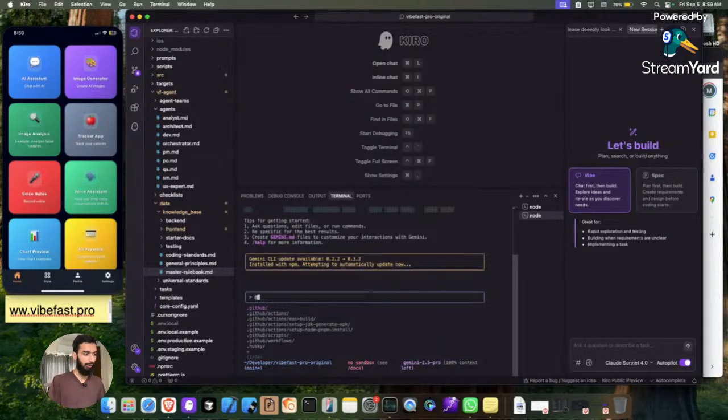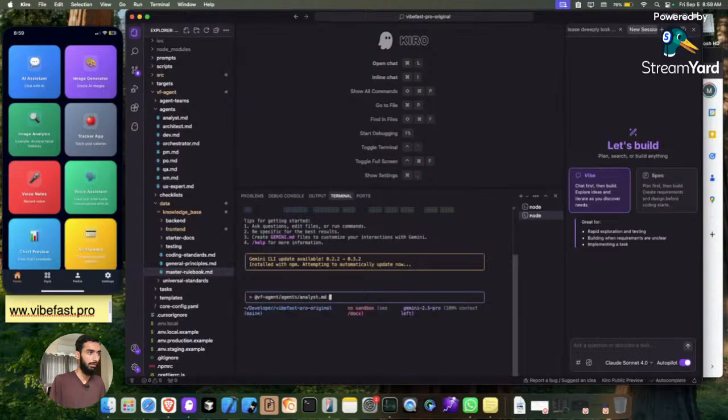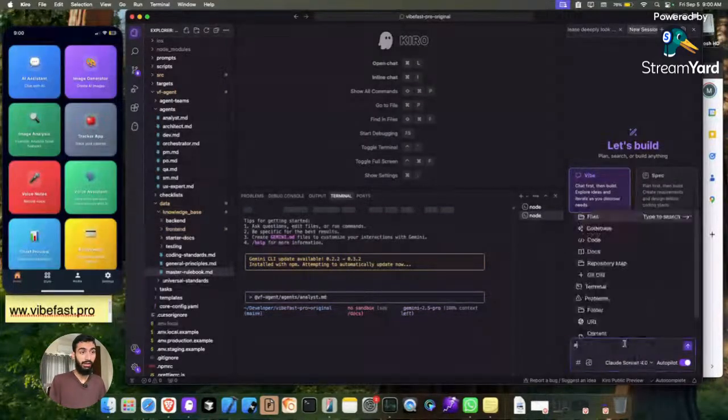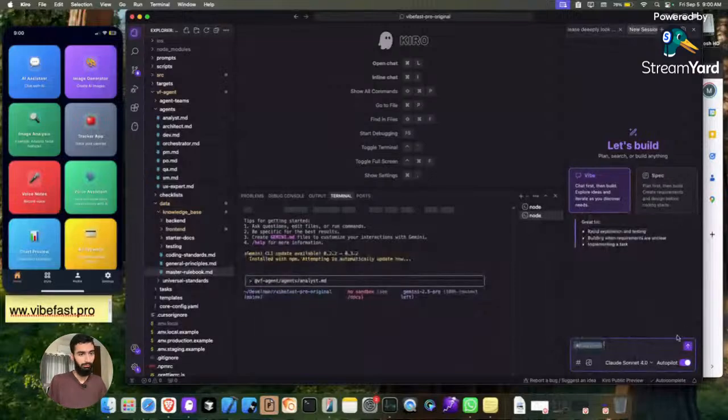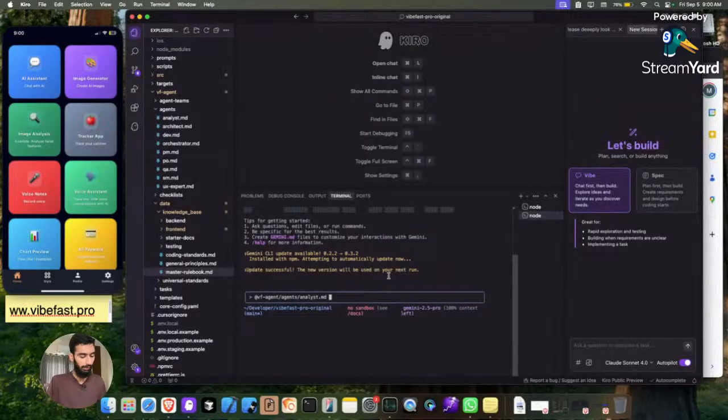So first, starting out with the analyst agent, I'm just going to tag that agent. This is how you use it. If you're using Cursor, whatever you're using, you just tag your agent and then ask it to do whatever you're trying to do. That's exactly what I'm going to do here. I can also provide it with screenshots to give it a better idea. But for now,